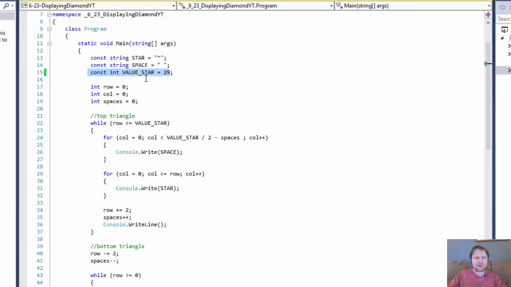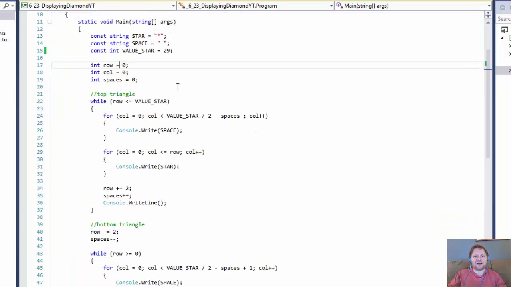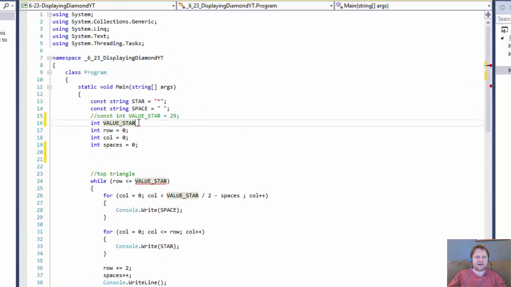Our value star, which is a constant now, they basically want us to have the user input. The user will input the value, how many stars we're supposed to print. So I will comment this out, and I will create a regular integer, not a constant, integer value star. Now I have it capitalized because obviously C# is case sensitive. Otherwise, I would have to rename all the. Actually, I can just do that. I can do value star, just a regular variable with regular syntax, and